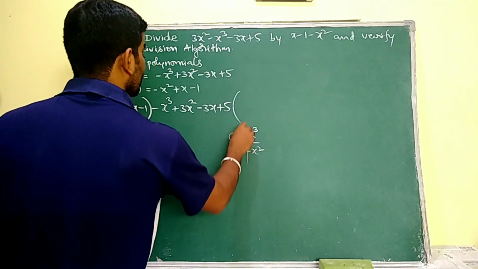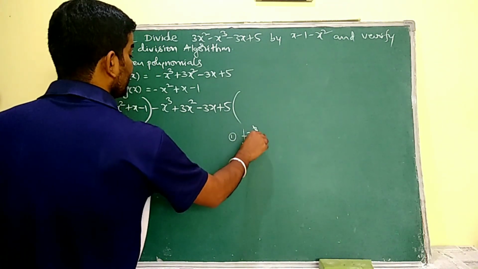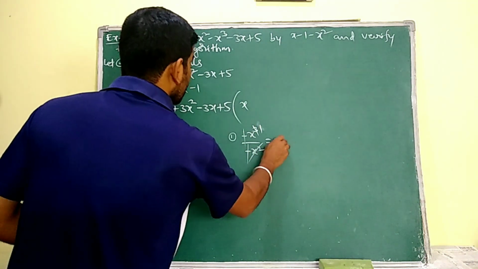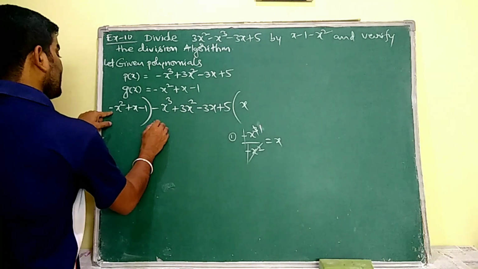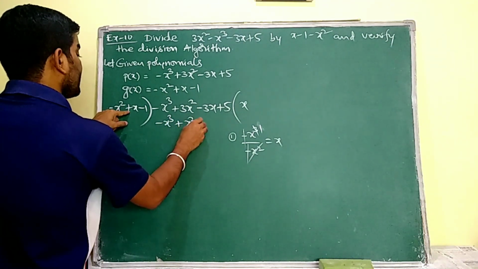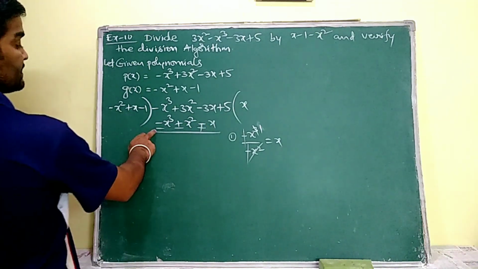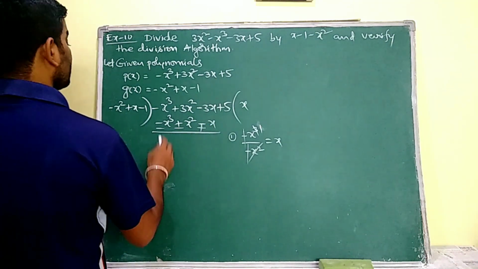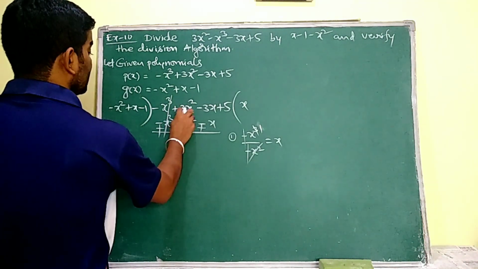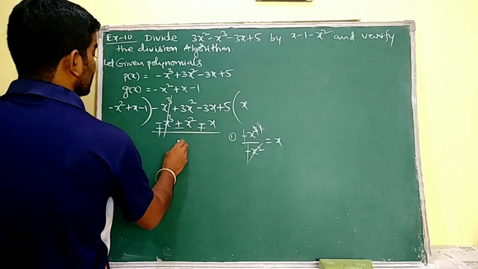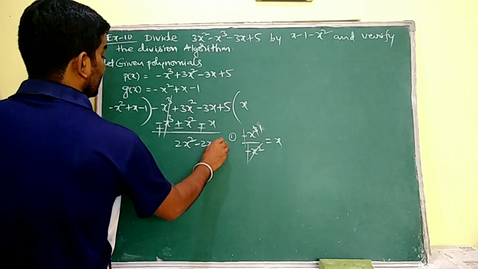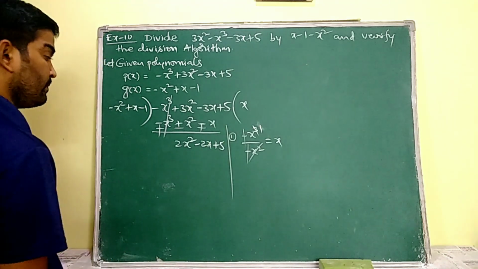Minus and minus are going to be cancelled, x square and 2x's are going to be cancelled, and 1x is left. That x is our first term of the quotient. Now x into this minus x square is minus x cube. x into x is x square, x into minus 1 is minus x. You have to change the signs. These x cubes are going to be cancelled. Now plus 3x square and minus x square is 2x square, and it is minus 2x, and the carrying down value is 5.